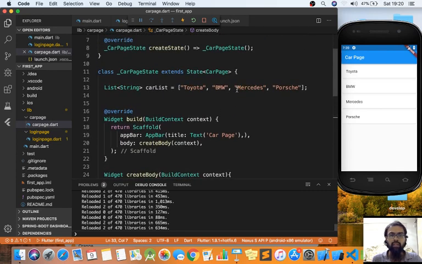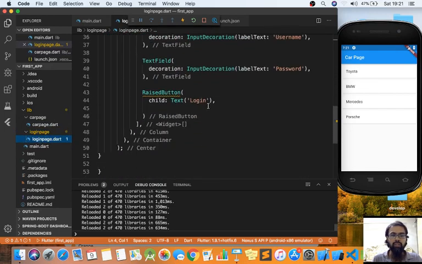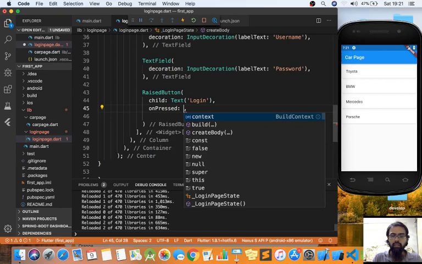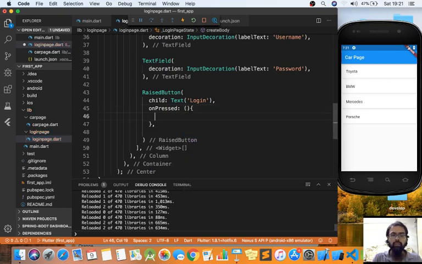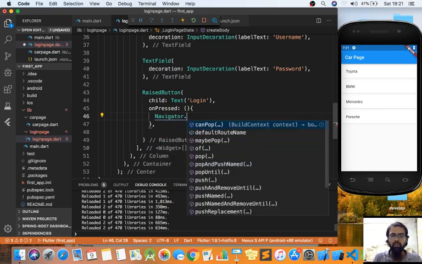Now the next thing that I want to do is I want to be able to, when I click on my login page, come to this page. Okay, so I'm going to go on my login page. Okay, so this is my login page. So here I'm going to have an onPressed handler. So leave it like this. Yeah. So now we're going to use the Navigator dot push,